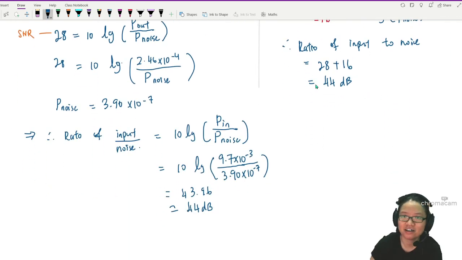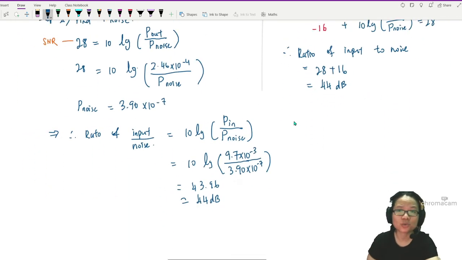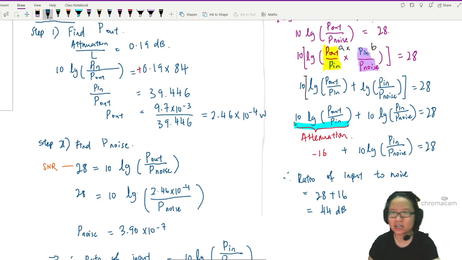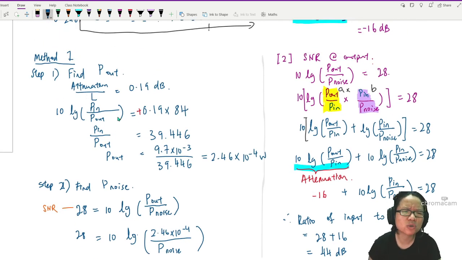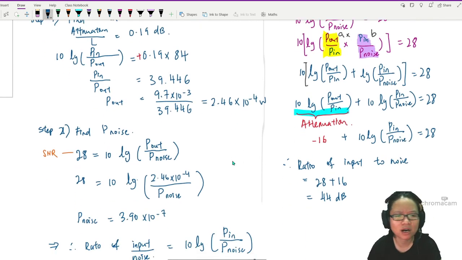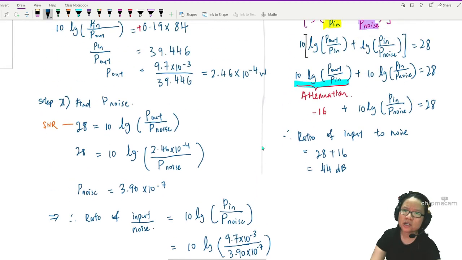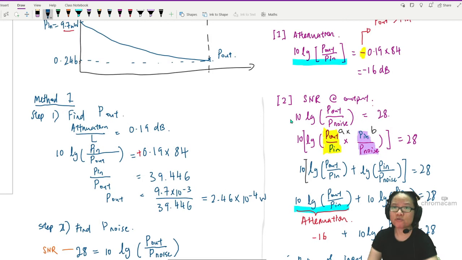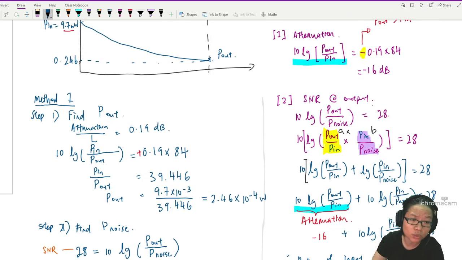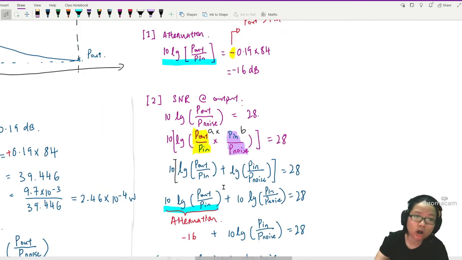Ta-da! So this is what they mean when they ask you, why must we use log? Why must log here, log there? Why can't we just go and find the output power? You have to go and find this power, then find this power, then find this and ratio again. So the strength of using log, although you may not feel that way because you are not yet comfortable with the log sign, is that when you use log,